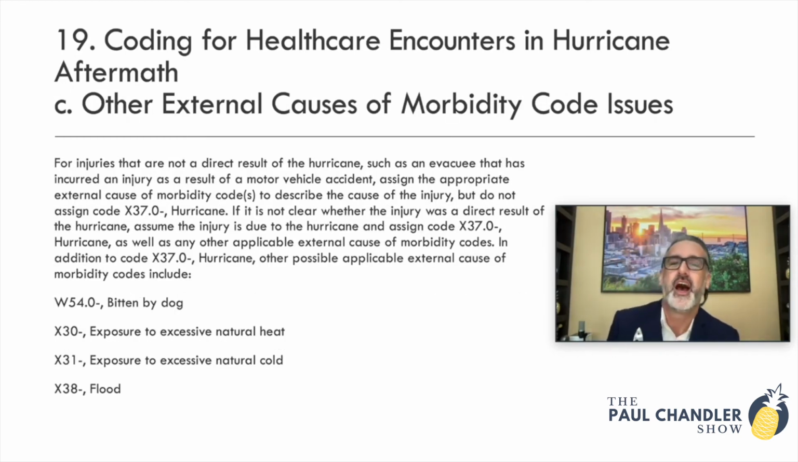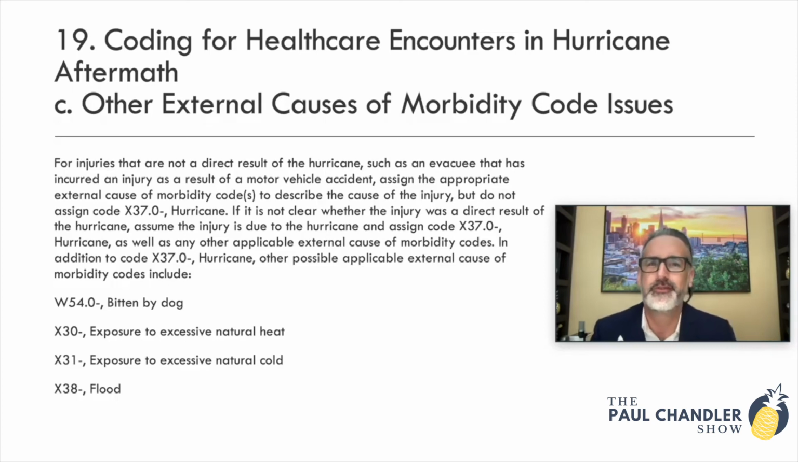And then part C, other external causes of morbidity code issues. For injuries that are not a direct result of a hurricane, such as an evacuee that is injured in an accident, or as a result of a motor vehicle accident, assign the appropriate external causes of morbidity to describe the cause of injury, but do not assign a hurricane code. Because, again, just to repeat that, if the hurricane itself did not cause the injury, but something happened after the hurricane, maybe during the aftermath, if you will, of the hurricane, then we would not choose the